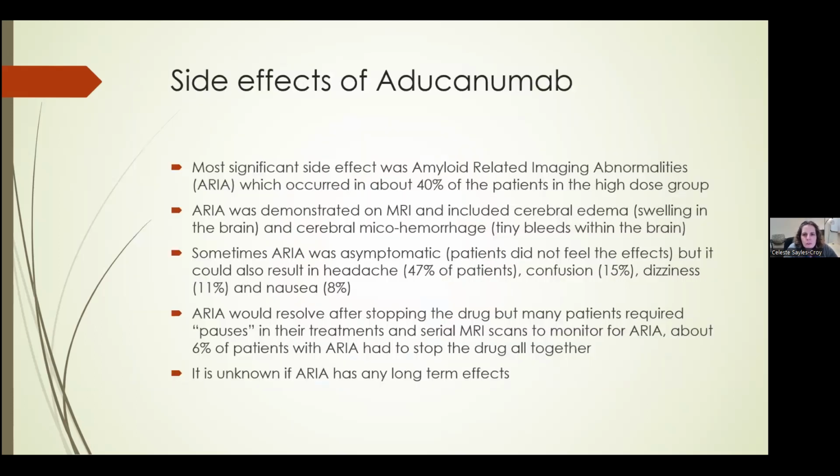So I want to talk briefly about the side effects of aducanumab. The most significant side effect was amyloid-related imaging abnormalities, or ARIA, which is the short name for it. It occurred in a lot of people, about 40% of the patients in the high-risk group. This was something that was seen on MRI. It shows a little bit of swelling and edema, and then some microbleeding, so little tiny bleeds around the